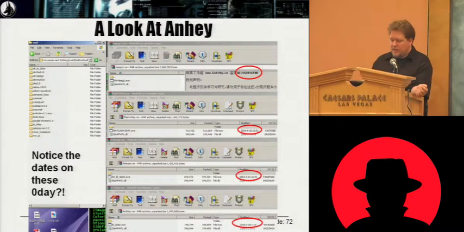All right, so we dug a little deeper into the offerings by this organization, Anhey, and there are about 30 RAR files of different exploit generators, and there are some interesting things. They actually provide a little advertisement in the RAR so that you know where you're getting it from and who to contact on QQ if you need technical support.